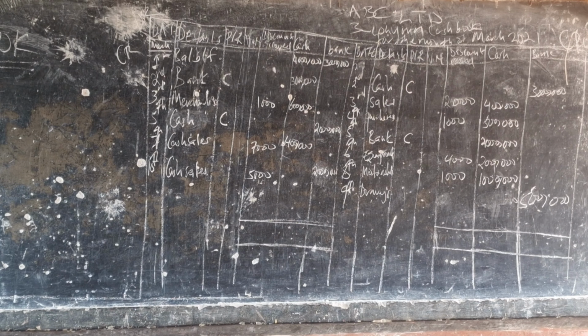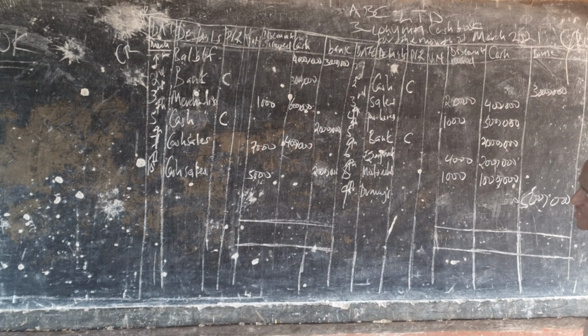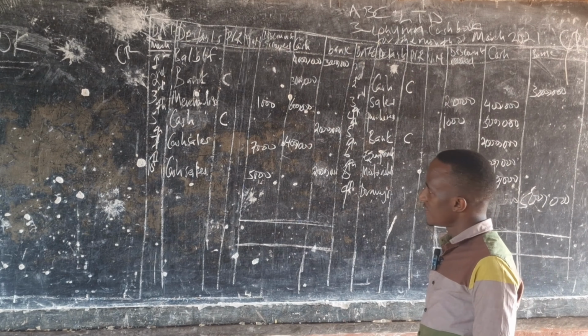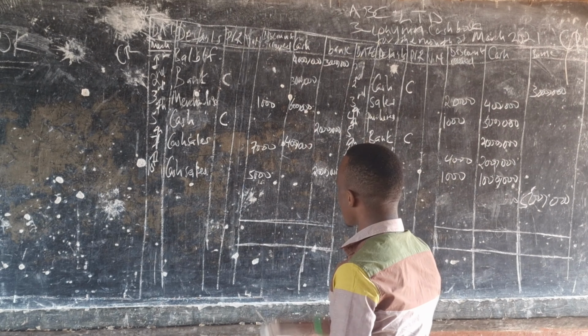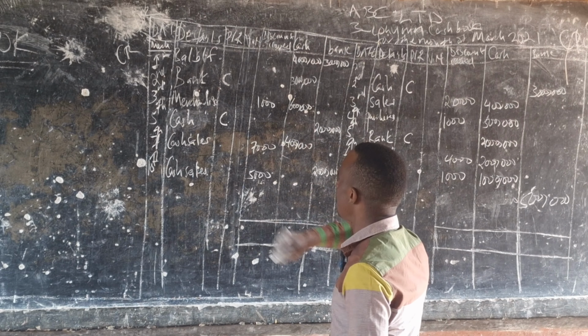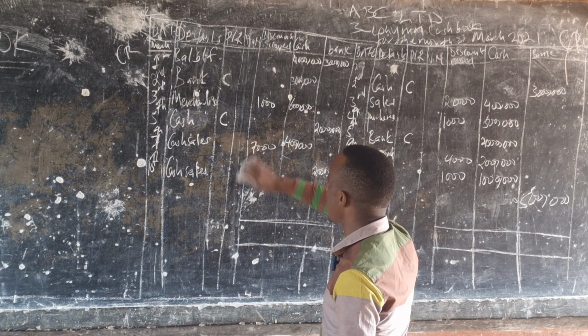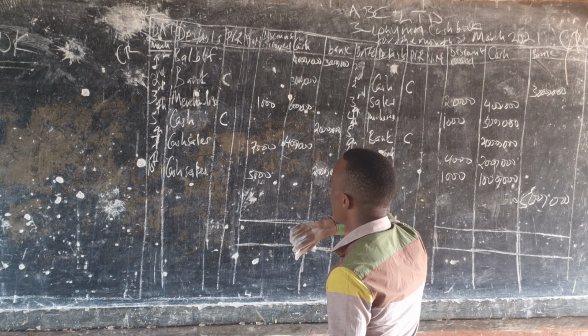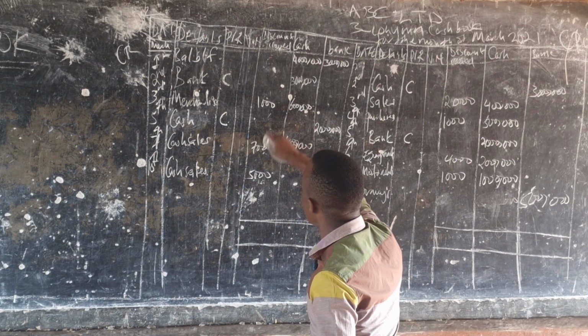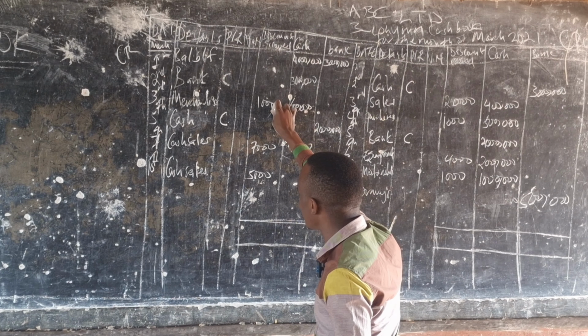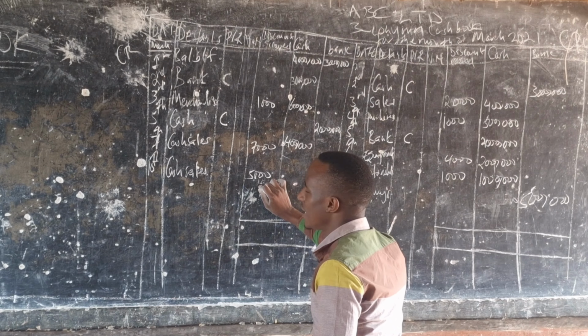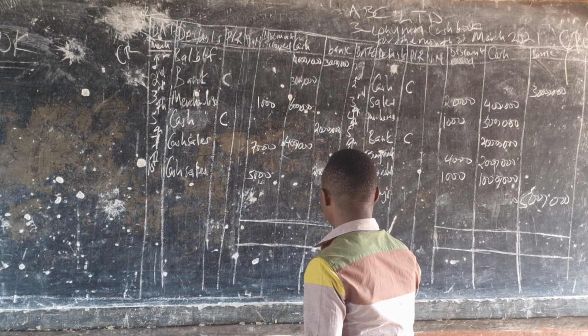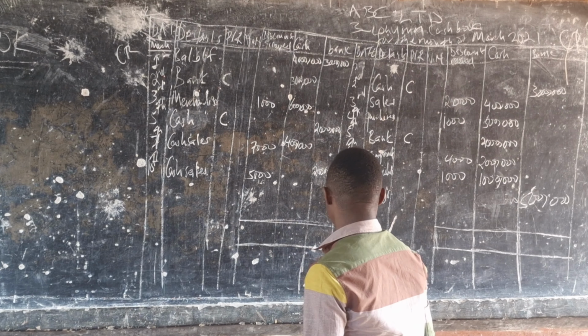Let's start with the discount allowed. This is 5,000, 1,000. This is 7,000 plus 1,000, that is 8,000. 8,000 plus 5,000, that is 8 plus 5, that is